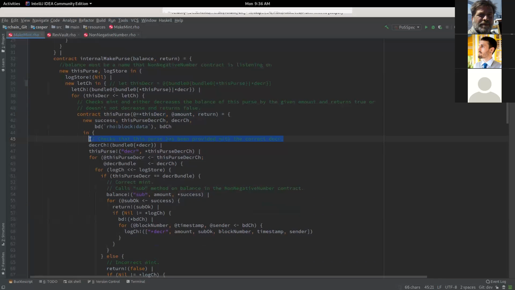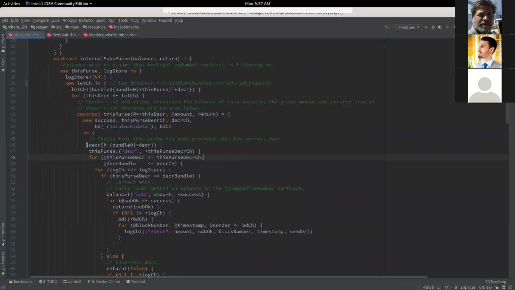first of all, this check here that starts on 46 is essentially just saying, okay, we have some purse and we want to make sure that we were provided with the correct decrease function. By that, what I mean is, we have this purse.